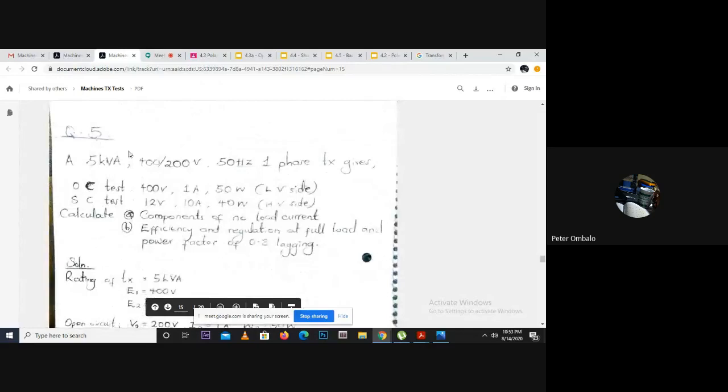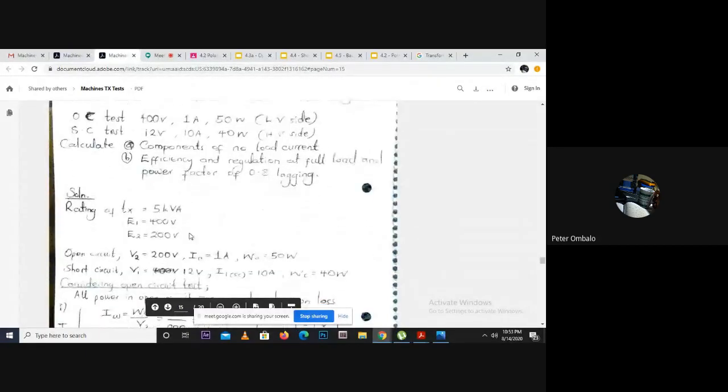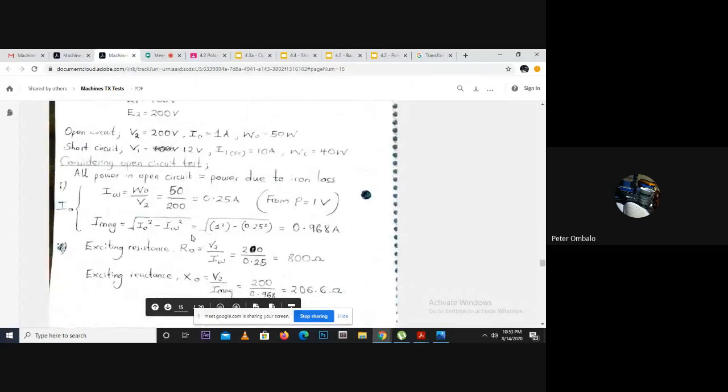Question 5. Again, you realize the format of the questions is just the same. So open circuit test, short circuit test, and part A, components of no load current. Just different English, but the same thing. So components of no load current is components of the open circuit test. The components of open circuit test, we remember, is IW, I mu,